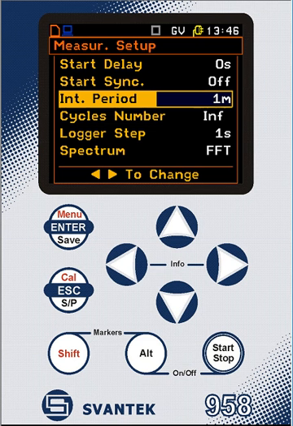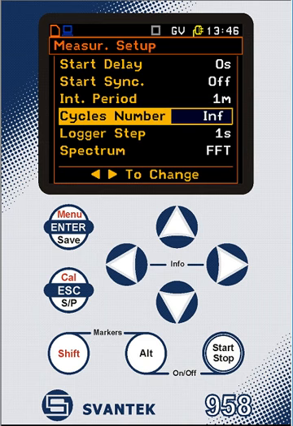Typically, for continuous vibration, your limits will be around 10 millimeters per second PPV, but your mileage might vary. So here we've got the instrument set up to do a series of 1-minute measurements with an infinite cycle number, and this basically means that it will measure for 1 minute, store a summary result file, and then reset and